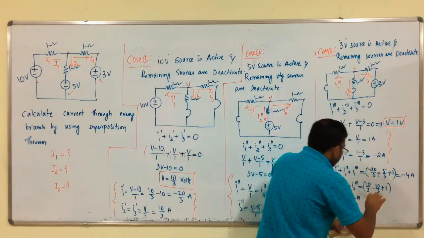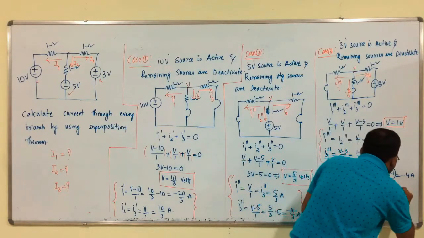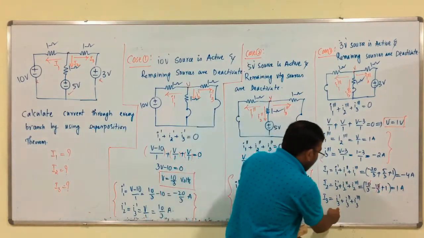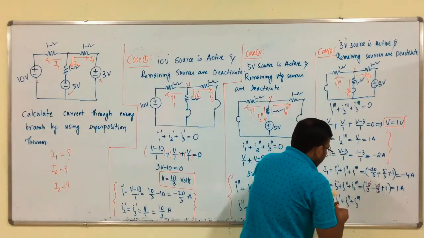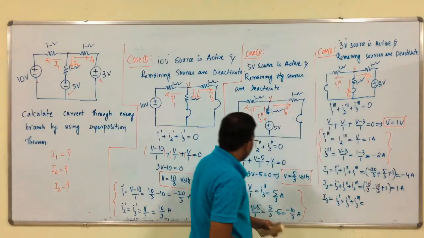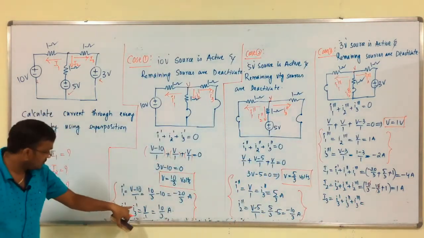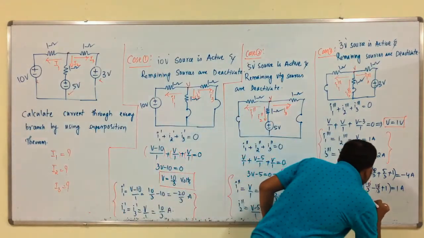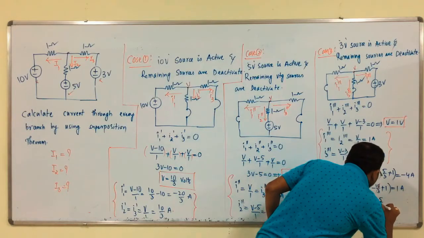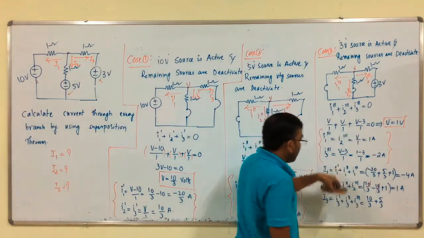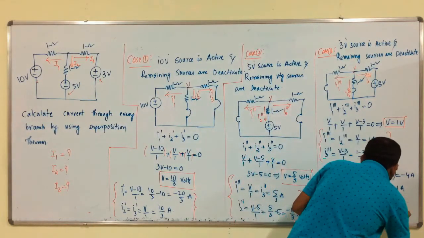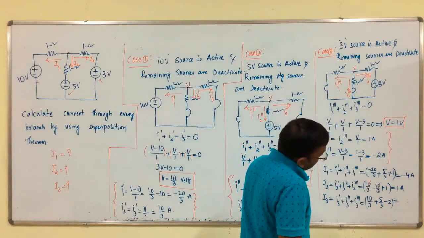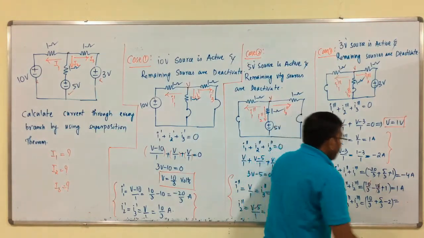So, from this, which is equal to what? 1 amp. Like this, I3' plus I3'' plus I3''' is equal to I3'. The value is 10 by 3, here 5 by 3, 10 by 3 plus 5 by 3. Now, here I3'' is minus 2, which is equal to what? 10 plus 5 minus 6, 15 minus 6 by 3, that is 9 by 3, which is equal to 3